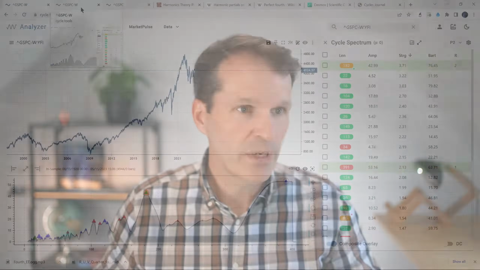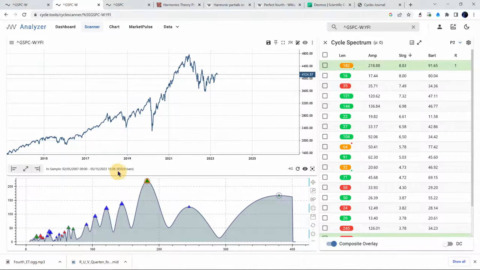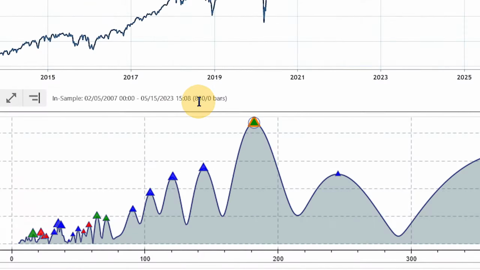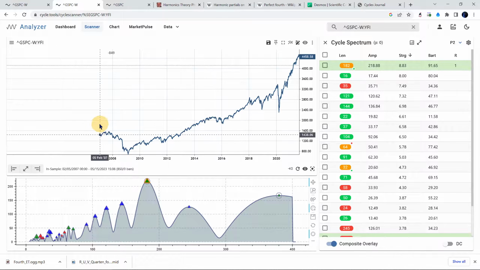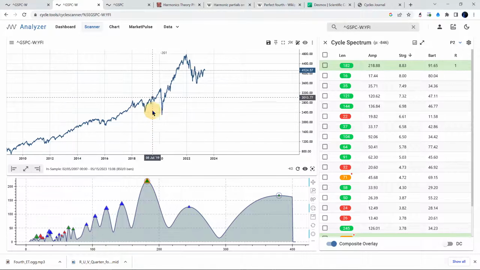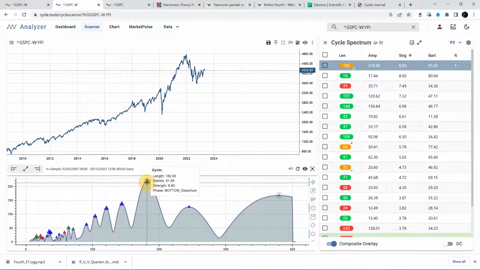Therefore, using now weekly data with the standard setup, and you know that in the standard setting, we start with around 850 bars, which is, I often explain this here, the minimum length I would like to see to make valid projections. So only going back, in that case for weekly data, up to 2007. So what we see here now, the spectrum looks quite different, but again, we see the dominant cycle of 82